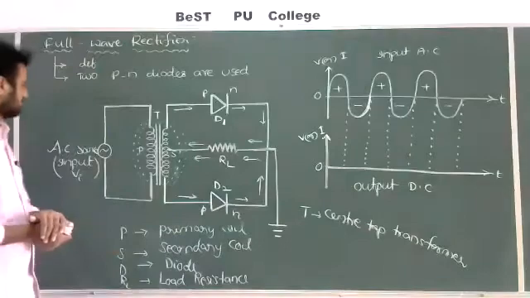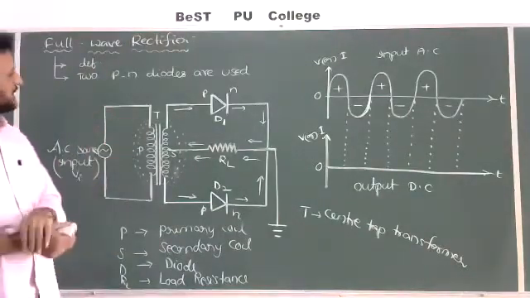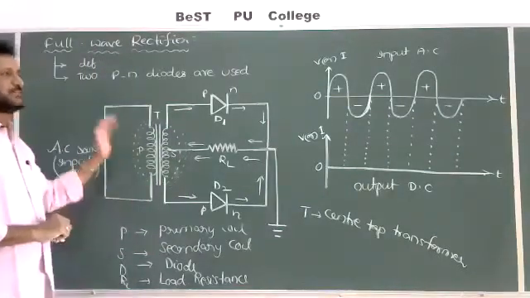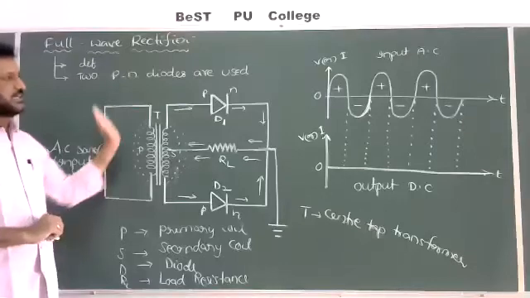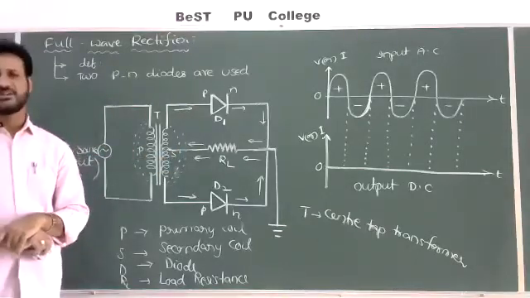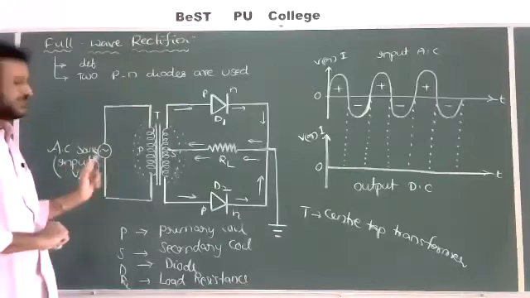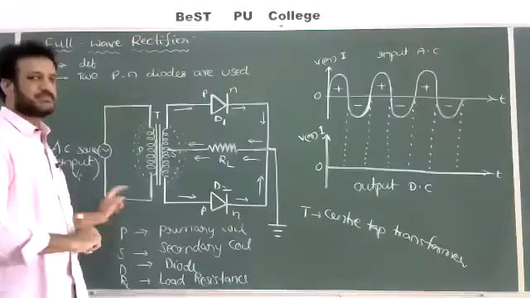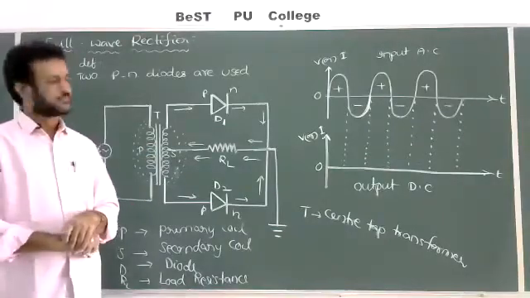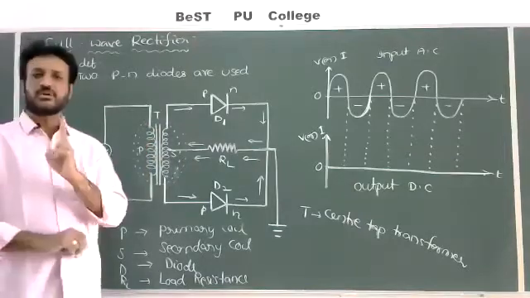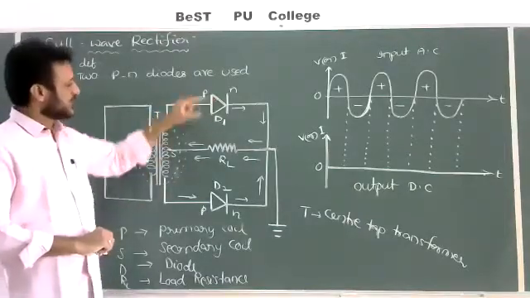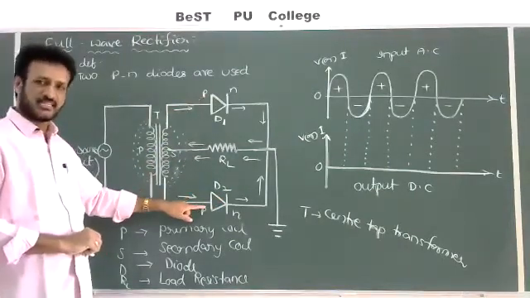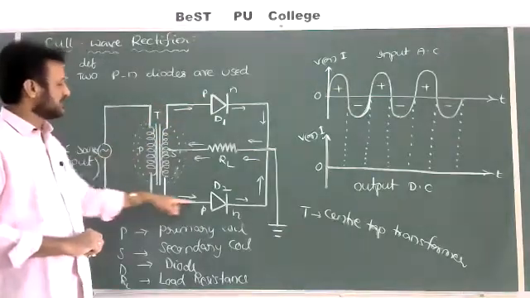Now check here. The circuit diagram for a full wave rectifier is as shown in the figure. Generally it contains 2 parts. The left part can be called the primary circuit, the right part the secondary circuit. The primary circuit contains one AC source, which is connected to the primary coil of the center tap transformer. Now in the secondary coil there are 2 diodes, diode D1 and diode D2. Both the p-type semiconductors of the diodes are connected to the secondary coil of the transformer. Check here.